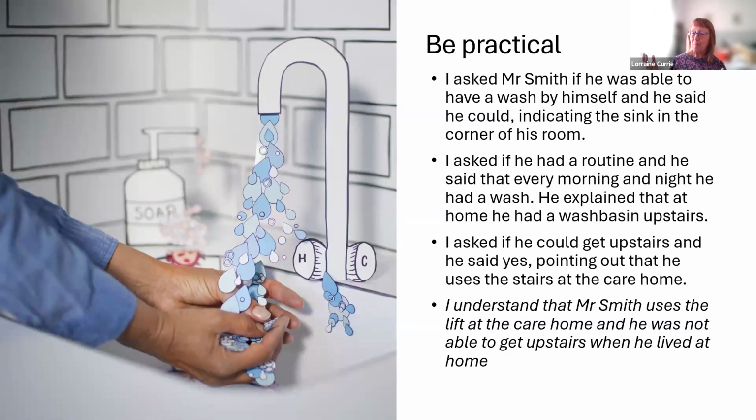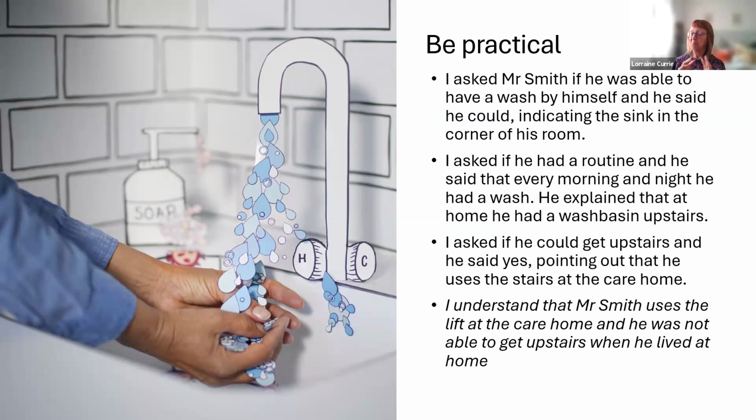Just very practical, simple things when we're talking about triangulation. Very simple example from a DoLS assessment. I asked Mr. Smith if he was able to have a wash by himself, and he said that he could, indicating the sink in the corner of his room. I asked if he had a routine, and he said that every morning and night he had a wash. He explained that at home he had a wash basin upstairs. I asked if he could get upstairs, and he said yes, pointing out that he uses the stairs at the